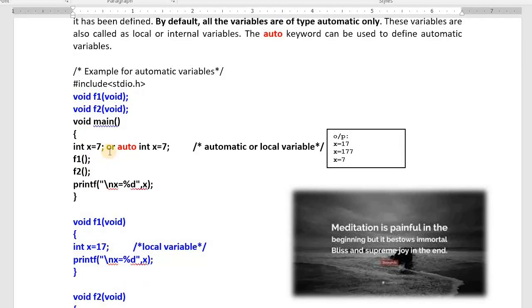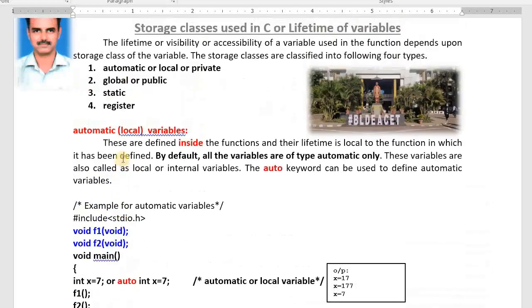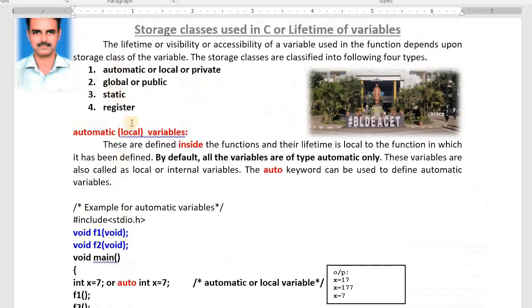In our house, a dustbin will be there. That dustbin is used only by our family members, not by other families. That is a local dustbin. Outside the house also a dustbin will be there, kept by the corporation. That is not your dustbin, that is everyone's dustbin. That is a global variable. A tube light is local to our room. Sun and moon are global.